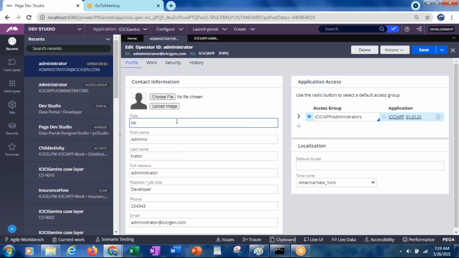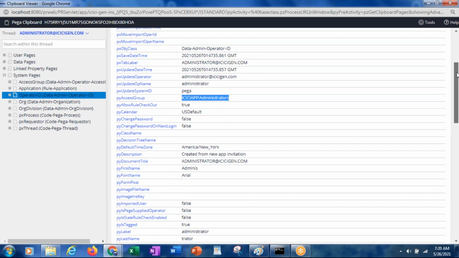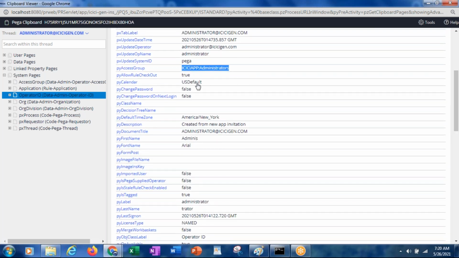After creating this operator ID, I made changes and saved. I logged in as the administrator and then made changes and saved. So this is the operator who updated this operator ID. That is the reason it shows update operator and update operator name. And even the calendar which you are using will be displayed.